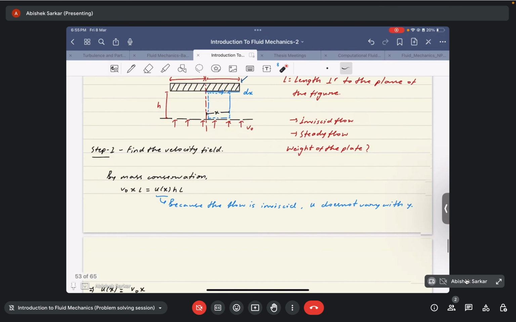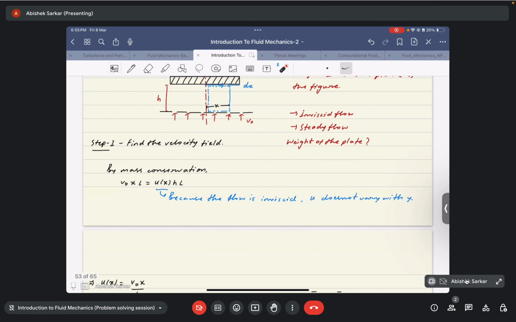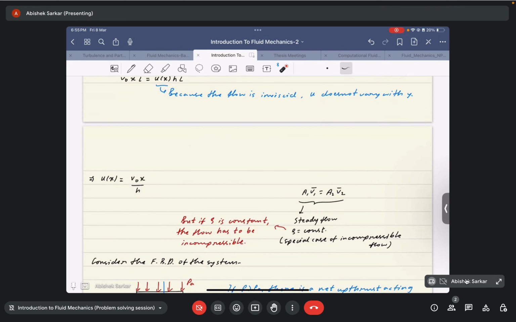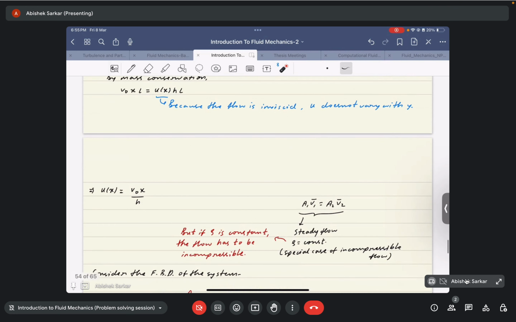Okay, and again we consider that since the flow is inviscid, the velocity does not vary with y. Okay, then just from this mass conservation we get that u of x is equal to v naught x by h. Okay, so